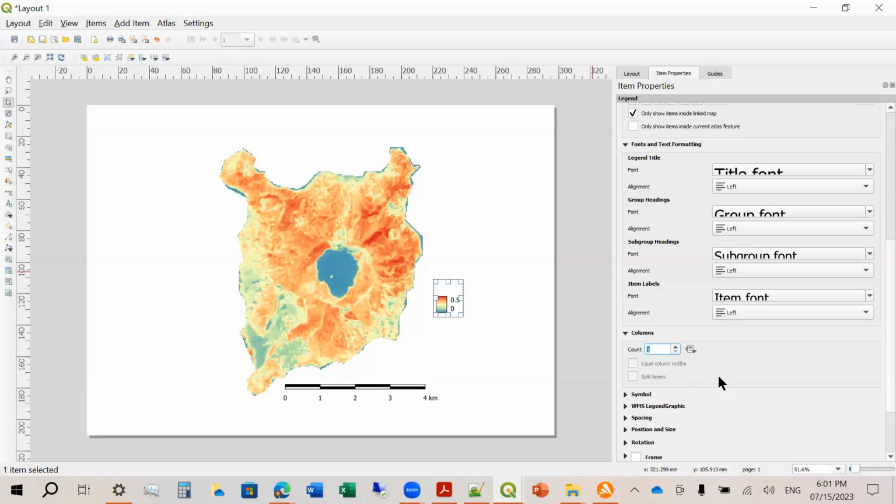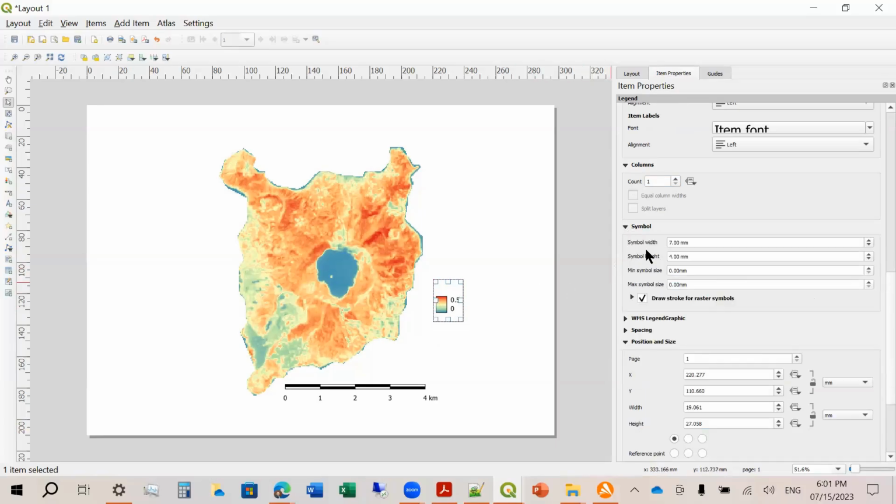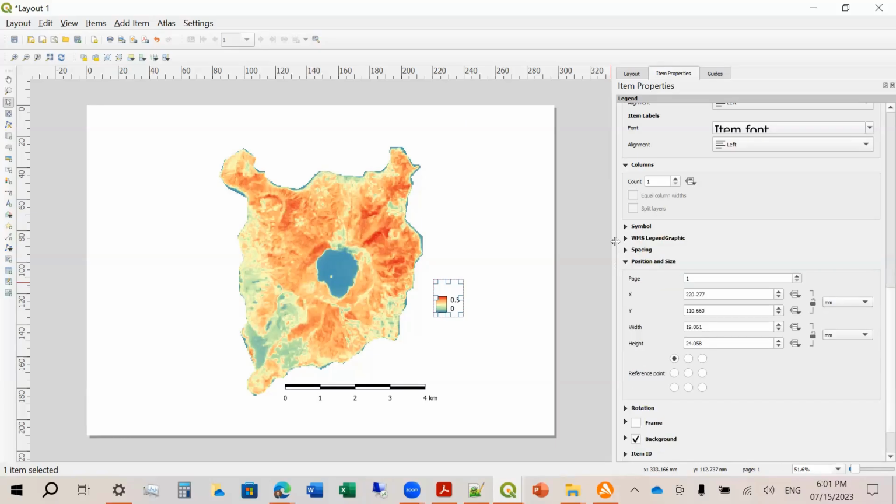You can explore the item properties. So let's say I want to check if I could change the heights. So I went to position and size. This is only for the frame, not the symbol. Symbol height 4 millimeters. So let me just go to spacing.